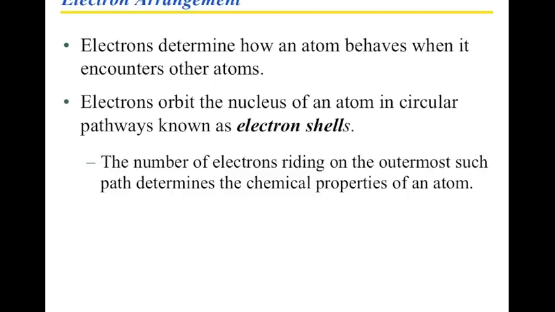Now it turns out, as we already heard, that the protons determine the position of an atom in the periodic table, because the protons ultimately provide this element with its properties. Well, it also gives this element the number of electrons that are going to zoom around, and there has to be a certain arrangement of these.